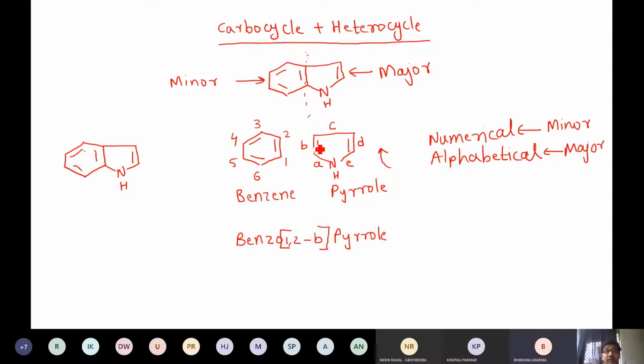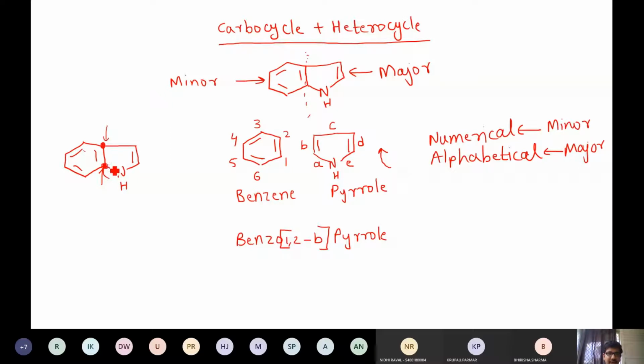Okay, then we move on to the second numbering, which is where we want to define the position of this hydrogen. Since there is no other substituent, we have to define the position of this hydrogen. Now, the trick of starting the numbering is that you have to start from the tertiary carbons, either of the two. These are the two tertiary carbons in this particular system, and you have to start numbering beside the tertiary carbon.